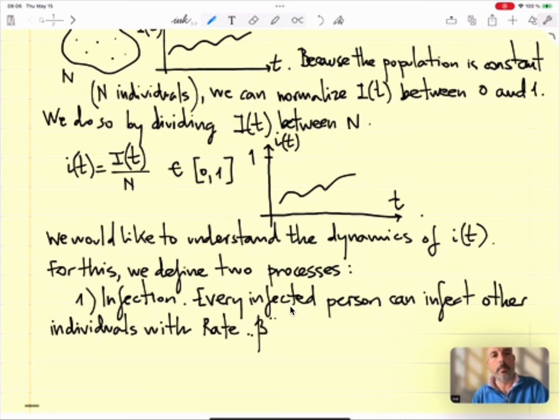Okay, so every infected person on average does infect other healthy individuals with a speed of beta. Okay,